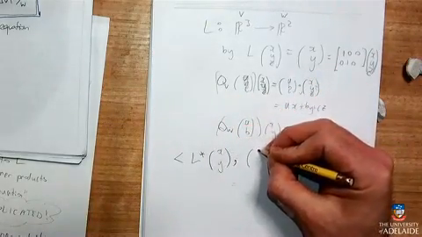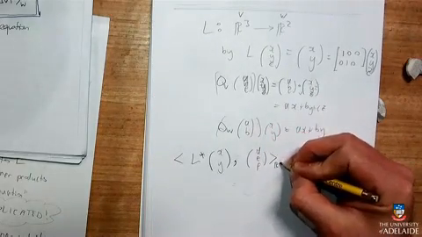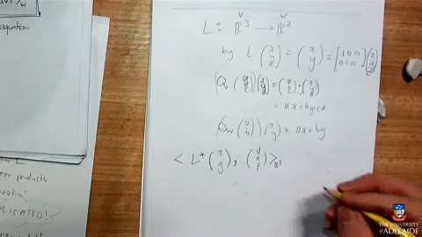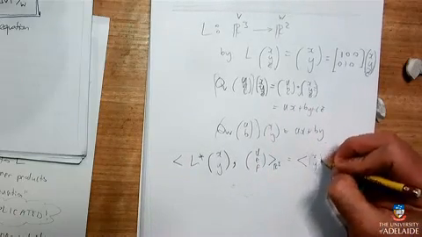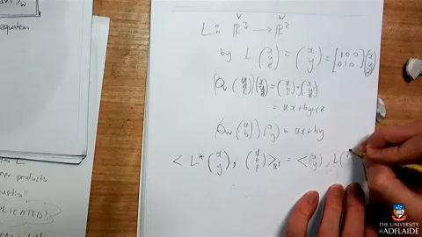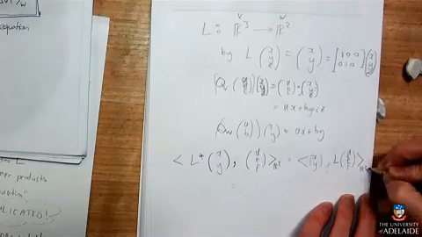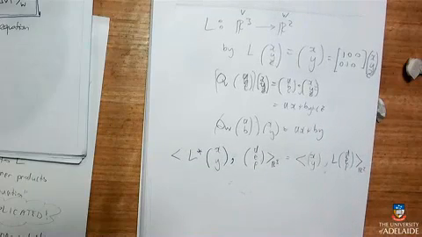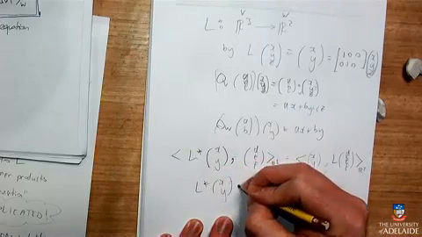I'm going to just do DEF because I don't want to confuse myself, and this is an R3. It is supposed to be the same as xy times L of DEF, in R2. Since we know this is the dot product, this rewrites. Okay, cool. So L star of xy dot DEF